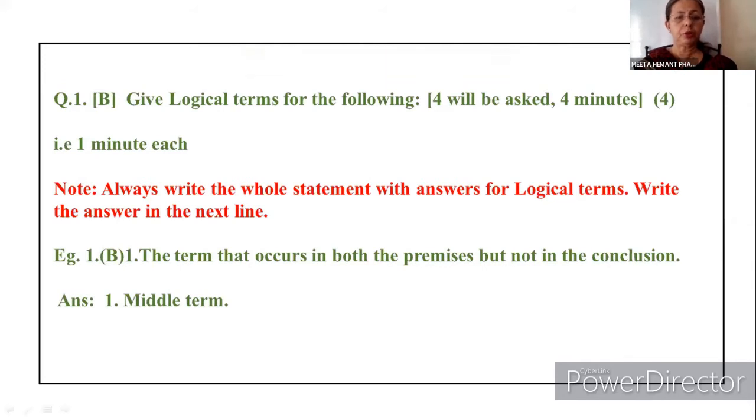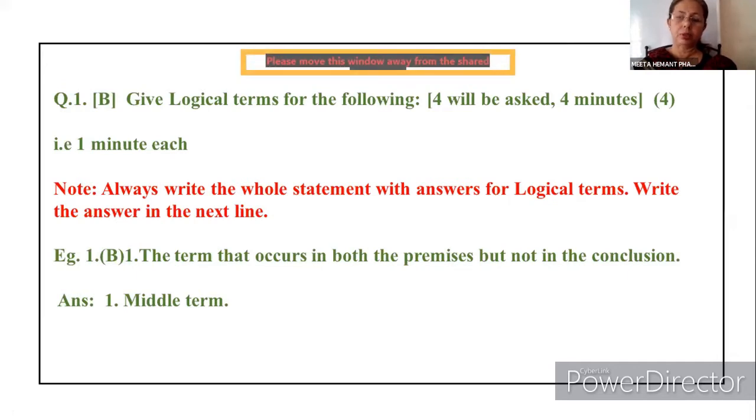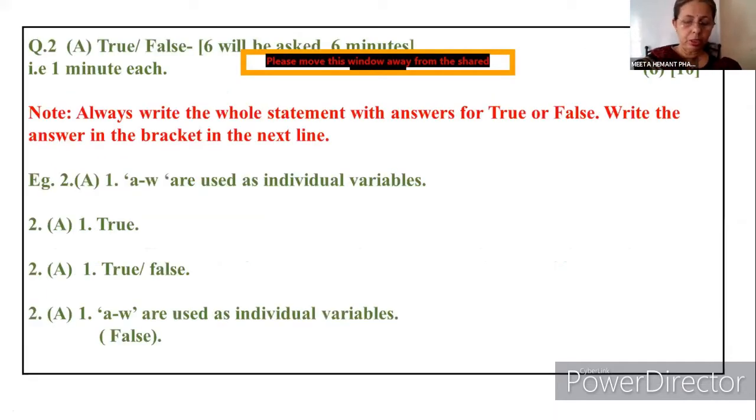Now suppose the question asked is, the term that occurs in both the premises but does not occur in the conclusion, the answer is the middle term. So which should be written in the next line. This is the way of writing the answer paper. Then we come to the